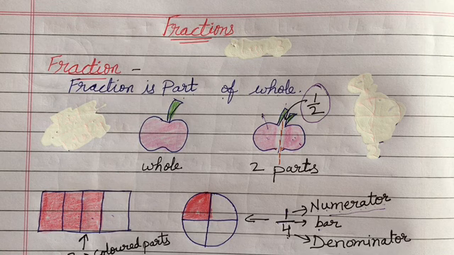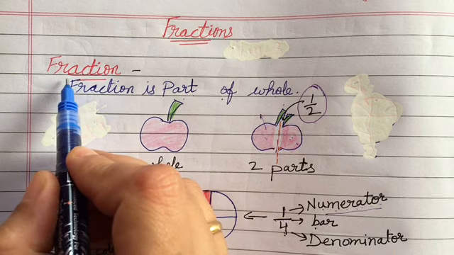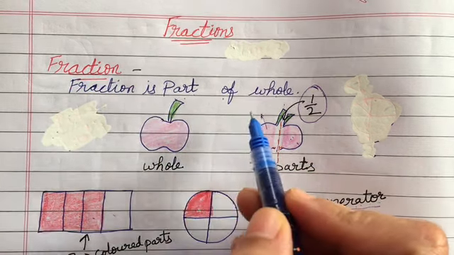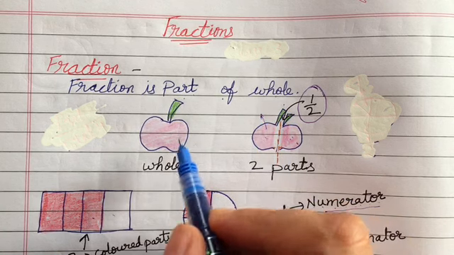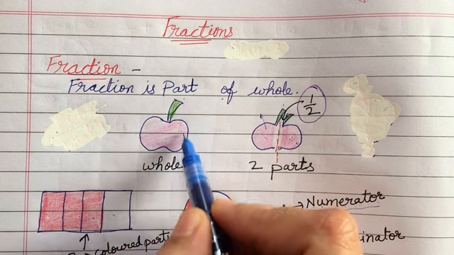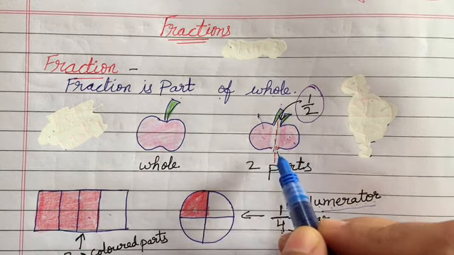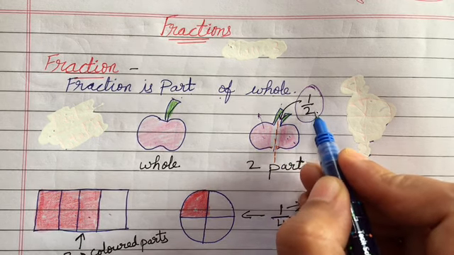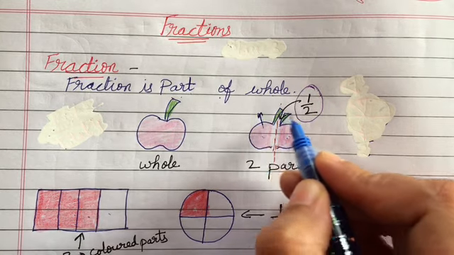Students, today our topic is fractions, and the first topic is: what is a fraction? A fraction is part of a whole, which you have already studied in your previous classes. For example, if we have an apple and we cut it into two pieces, what will be the fraction for it? The total number of pieces is 2, and if I give one piece to you,